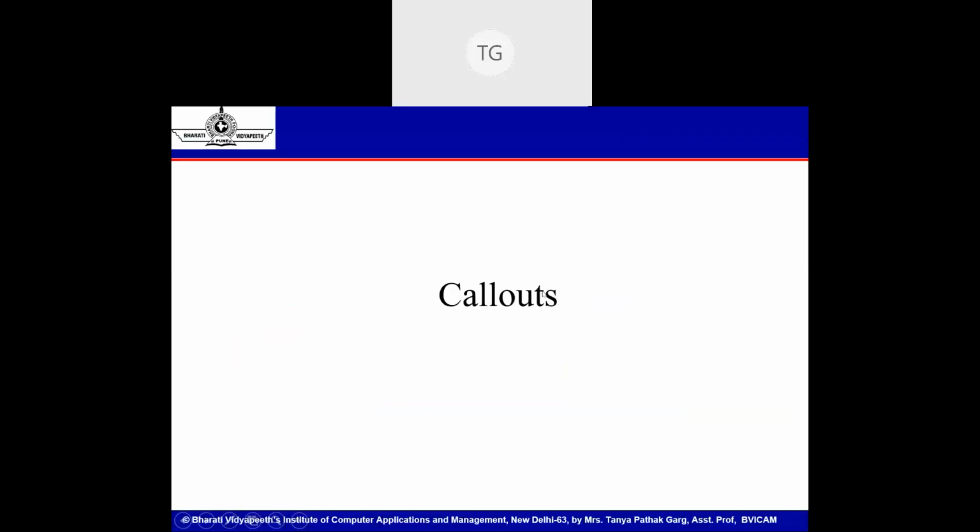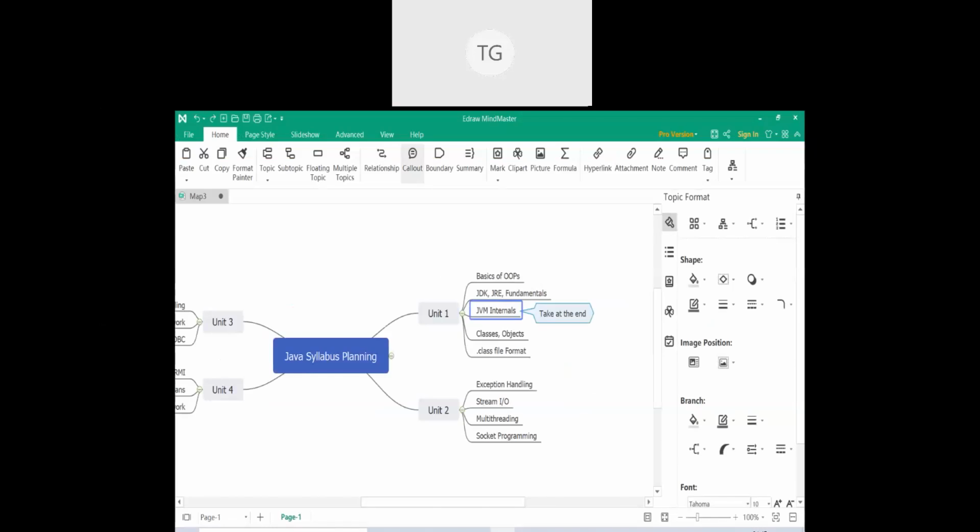Next are callouts. If there are certain branches for which I want to give a comment or expand the understanding, because what MindMap does is that it restricts me in terms of depiction. It makes me depict only the core points or the bullet points.